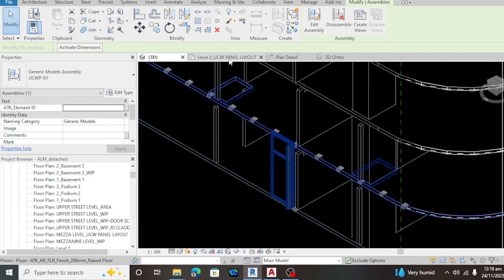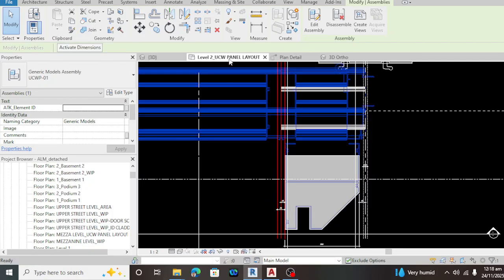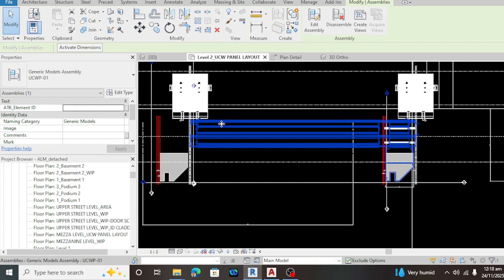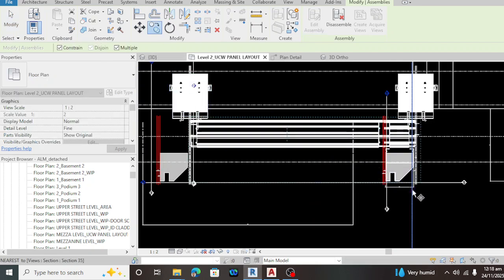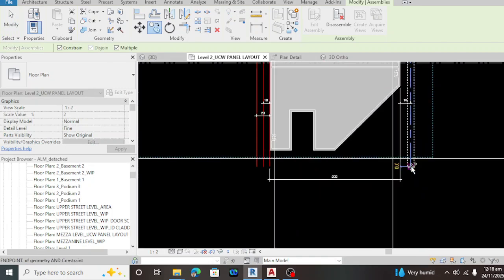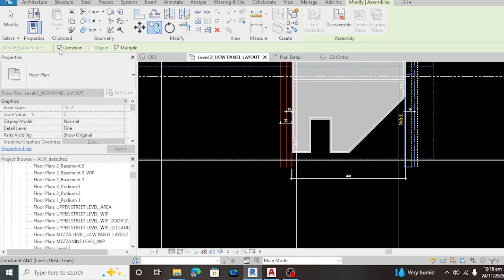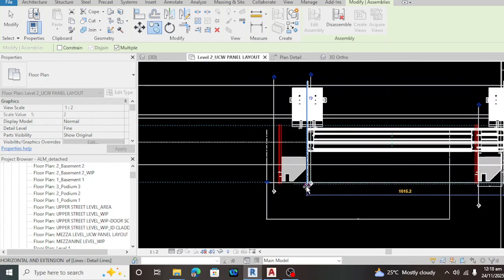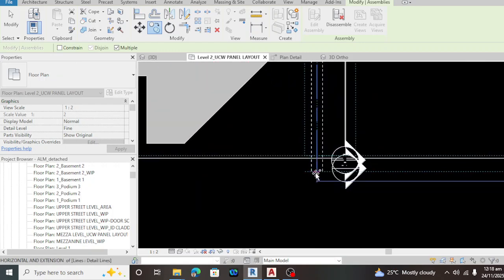If we go to the level 2, we're going to copy based on the center of the module. Then we're going to paste it on the center of the module.